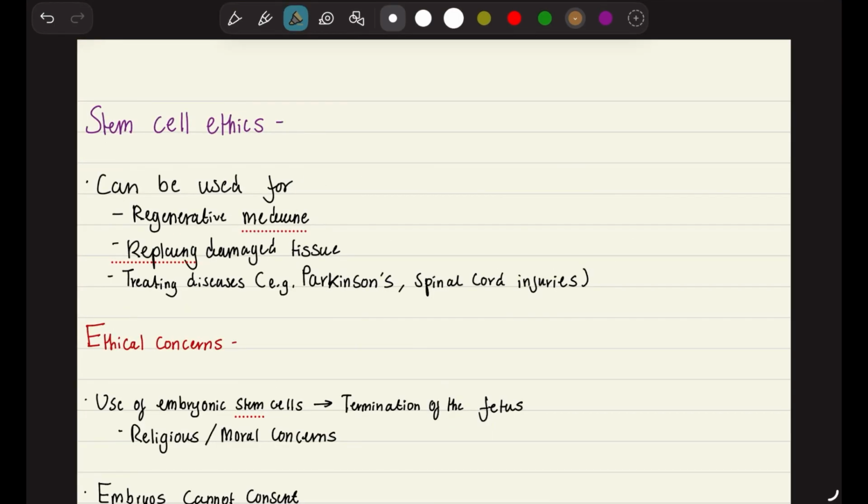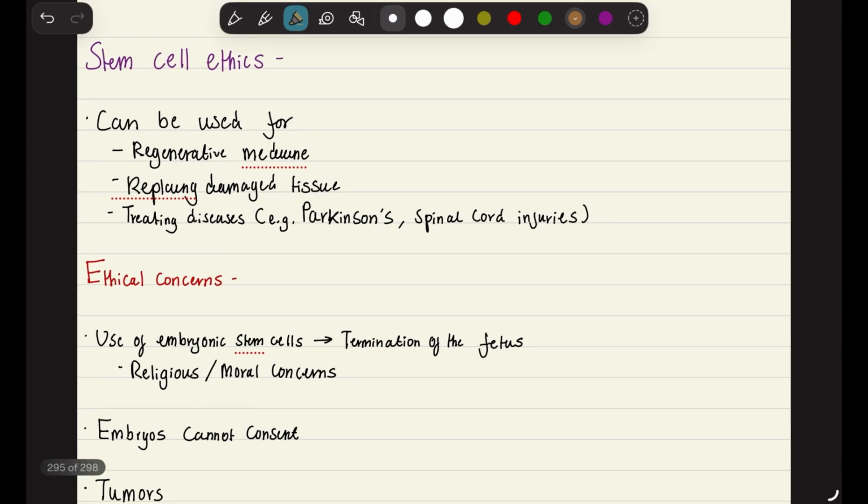And now we're heading from something that isn't likely to something that is. So your stem cell ethics comes up quite a lot. There isn't really too much to it, I don't think, but we just need to think about why we are actually using stem cells. What are they useful for? It's really, really promising in research. They're used for regenerative medicine, replacing damaged tissues, treating diseases like Parkinson's and spinal cord injuries, even motor neuron disease. Really good in terms of doing research and maybe trying to find cures for people with such conditions,